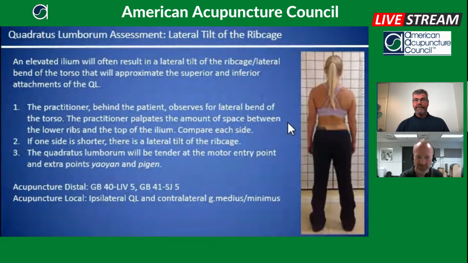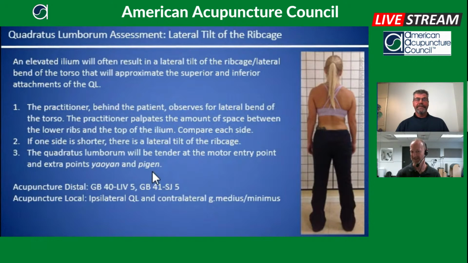Anything you want to say before we move on, Matt, that these distal point recommendations are just go-tos that are frequently helpful for this condition? There are ways we apply these in our program and really make determinations of which points to use, but you can just try them out and experiment with them as part of the full comprehensive treatment, in addition to the local points, which we're going to be getting into. This is just a portion of the treatment, right? This isn't like a whole treatment is treat the QL, out the door you go, and the person's better. It might temporarily help, but you need to be much more comprehensive to get lasting results.